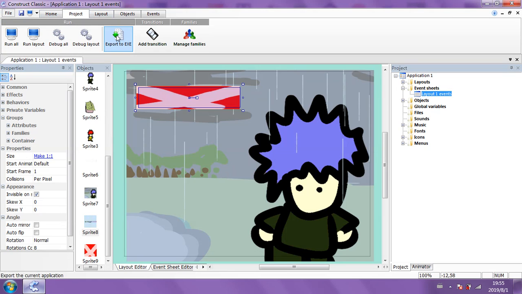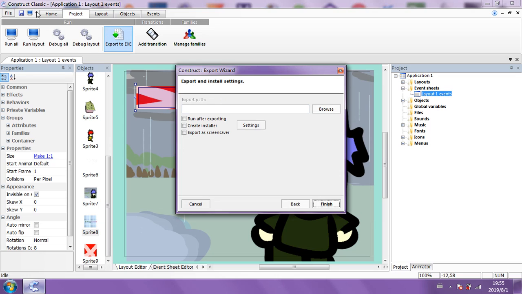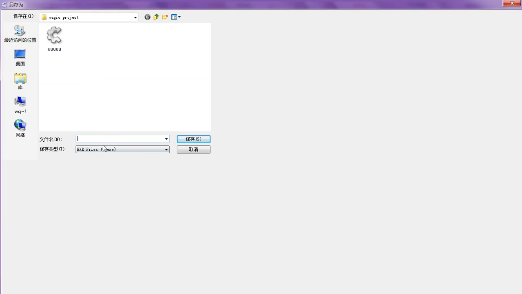I'm going to go to export to exe. Leave all this, just go to next. Remember, this software is Construct Classic, okay? You're not going to be able to do it necessarily in Construct 2 or 3. You're going to need to pay money. So to export just to Windows. You can get GDevelop, which is another one, but it seems to be a bit more fussy than this. But don't click in here and type a name. It seems to mess about. So just go to browse, okay? Browse, and then type the name here where it says exe. I was going to call that Bong as well, B-O-N-G.